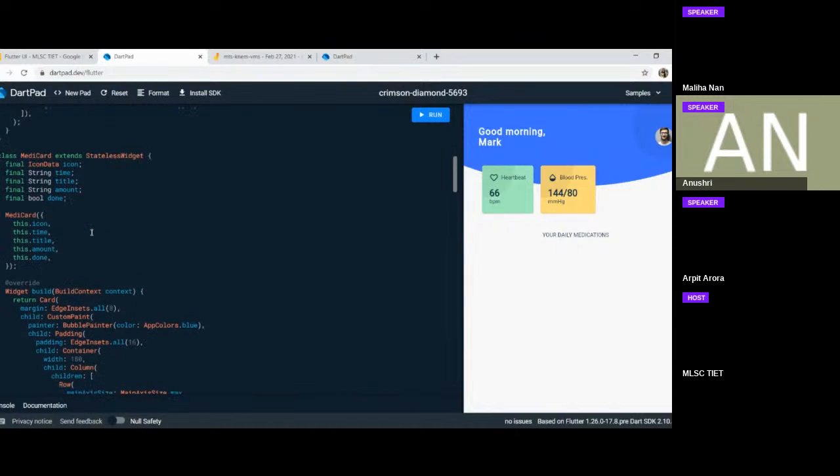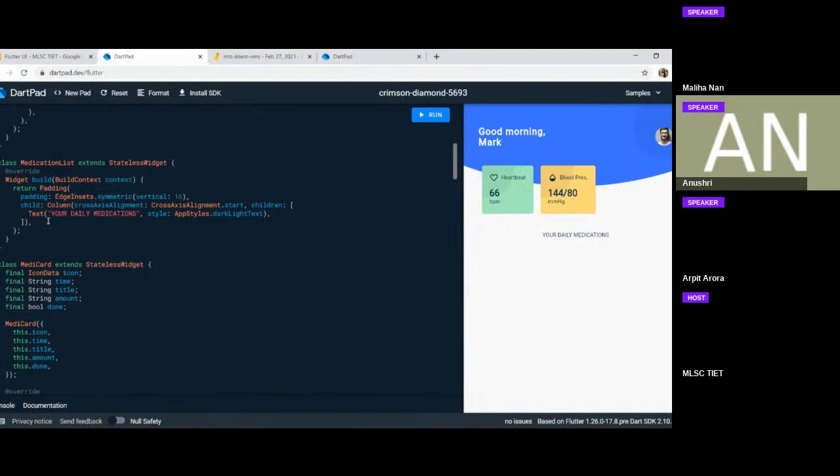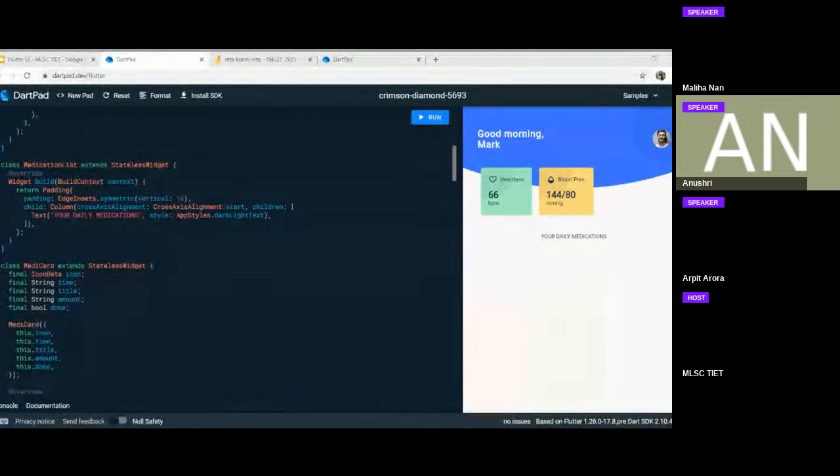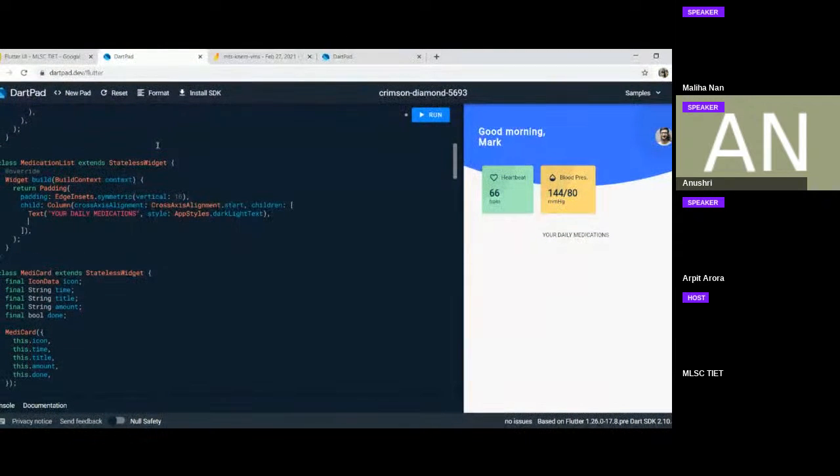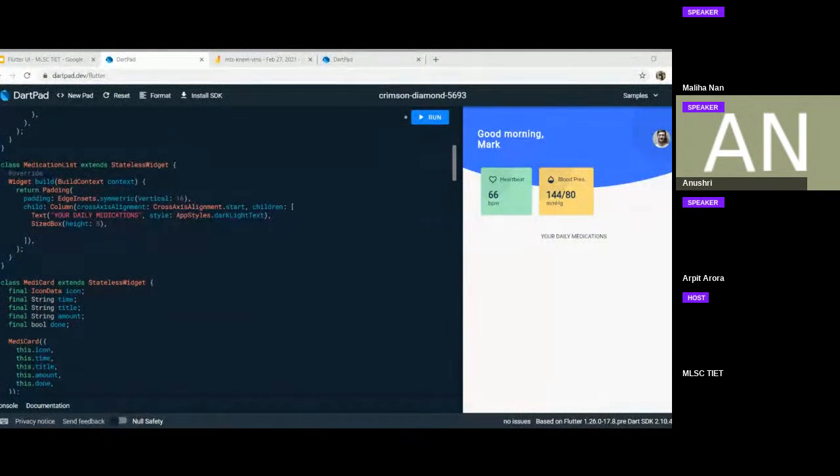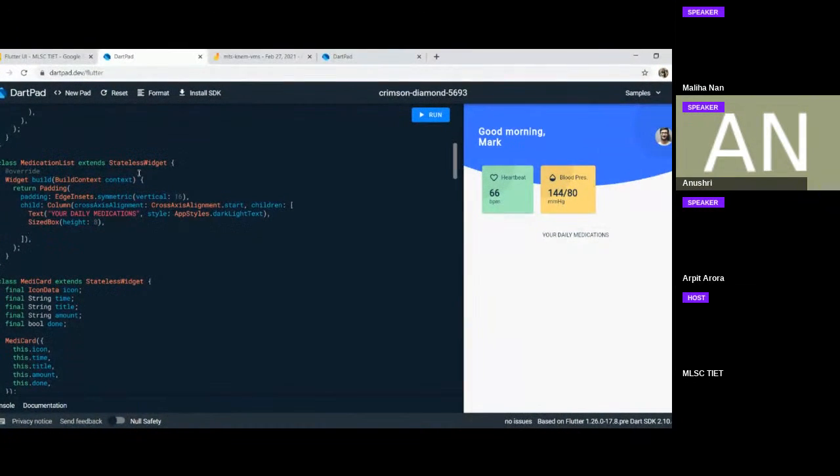To see what the Medicard does, we'll have to use it somewhere, right? So below this text, your daily medication, I'm going to use another sized box to give a padding, and then we are using a container with some height